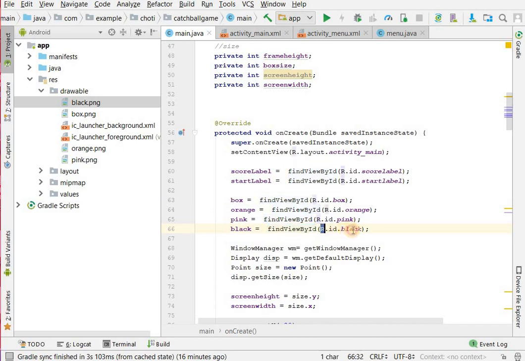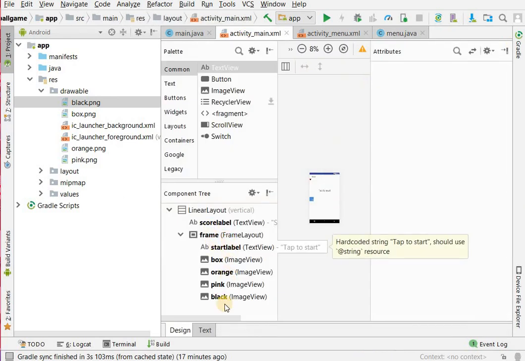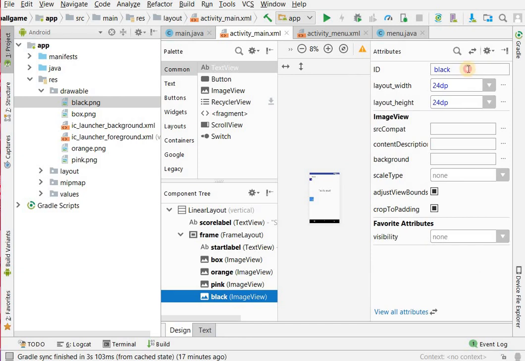एंड उसके बाद इसके अंदर आईडी होती है, जो भी व्यू की आईडी होगी हम इस फंक्शन के अंदर एंटर करेंगे. सिंस हमने अपना इमेज ड्रॉबल के फोल्डर के अंदर डाला है, सो वी कैन रेफरेंस इट फ्रॉम आर फोल्डर. दिस इज द आर फोल्डर डॉट आईडी. यहाँ से हम उसकी आईडी को रेफरेंस करेंगे डॉट ब्लैक. इसकी जो भी आईडी हो, इसी वो इधर से फेच कर लेता है. अदर देन दैट वी कैन ऑल्सो हैव द आईडीज फ्रॉम हियर. Here's black. तो हमने इसकी आईडी रखी थी black.